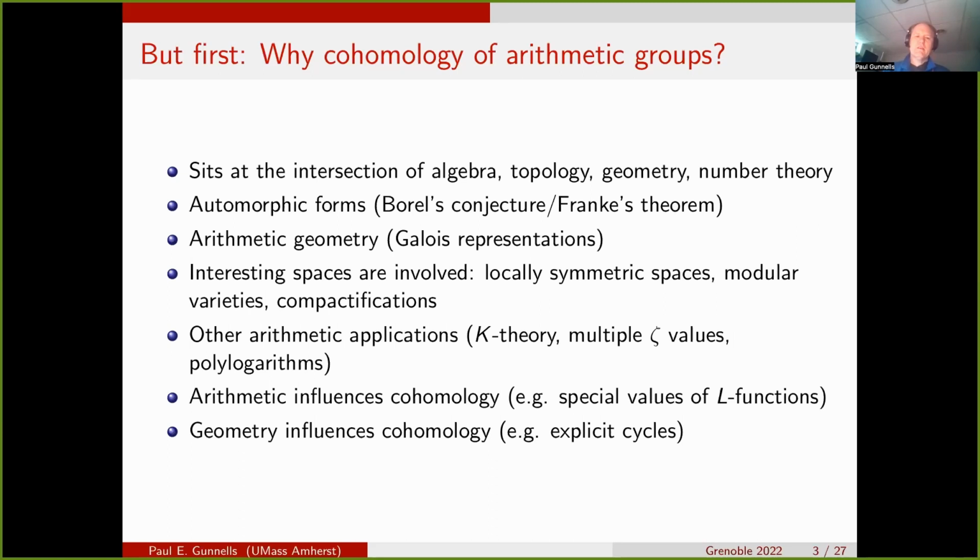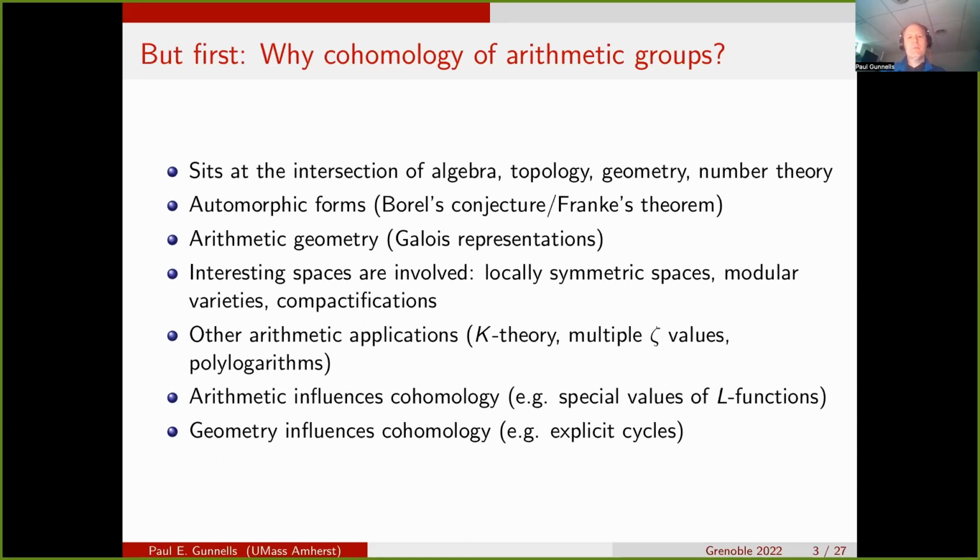The arithmetic plays a strong influence in the cohomology and in surprising ways. So I'm not talking about connections between cohomology and arithmetic geometry. I'm talking about when you're trying just to study the cohomology, just try to compute it or try to understand its structure. For example, there could be cohomology classes that you try to make, and whether or not those classes exist and give something non-zero could depend on a special value of some L function. So if that L function has a zero at some point or a pole somewhere, then that influences whether or not a cohomology class exists.